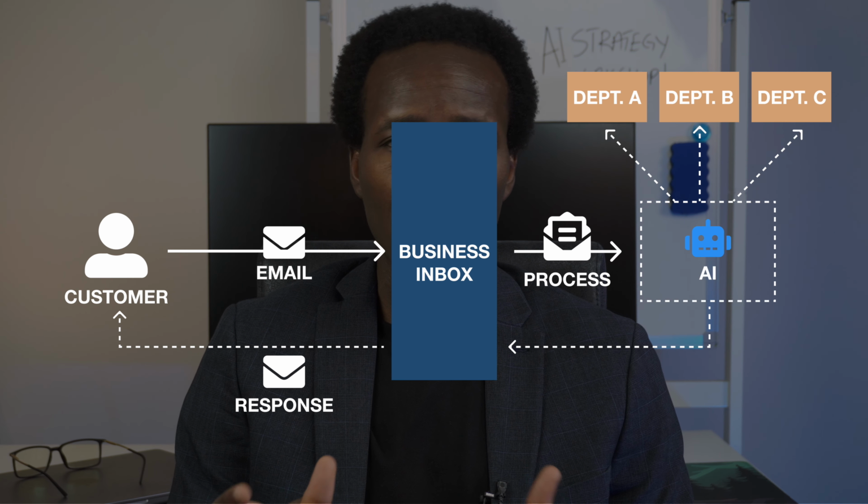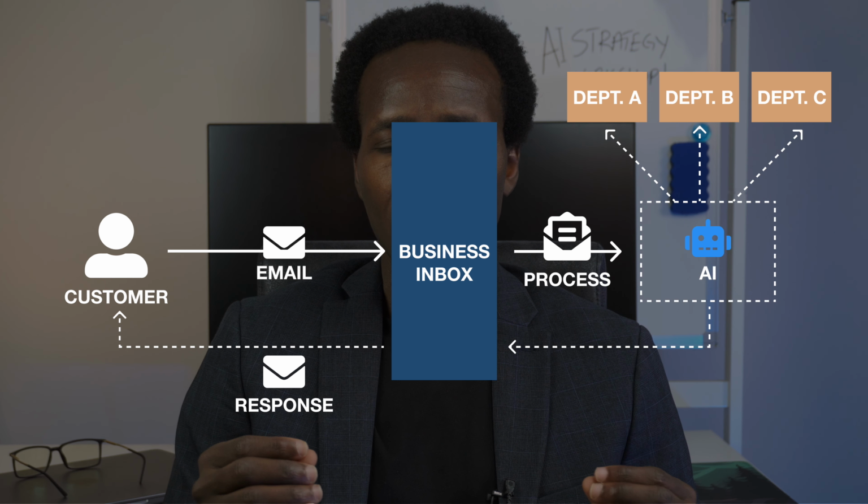Usually in a business, when you have this kind of scenario, you would have staff that have to read through these emails, understand them, and then decide what to do. Most times, these could be tasks that are beneath the qualification level of your staff. And they would not want to always do that kind of task, or they do it after they've done everything else, or it's the thing that's actually slowing them down from doing their real work. Or in some cases, it is their real work. So AI can really help there.